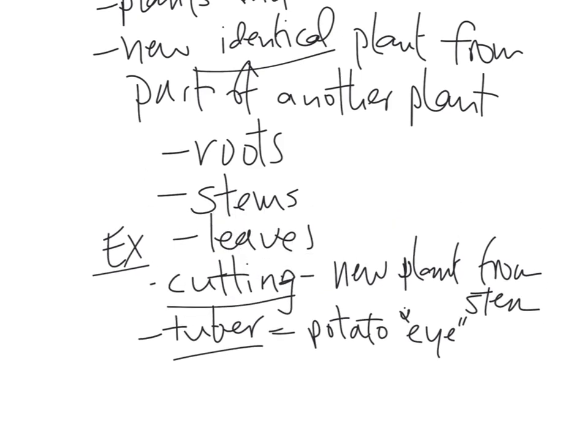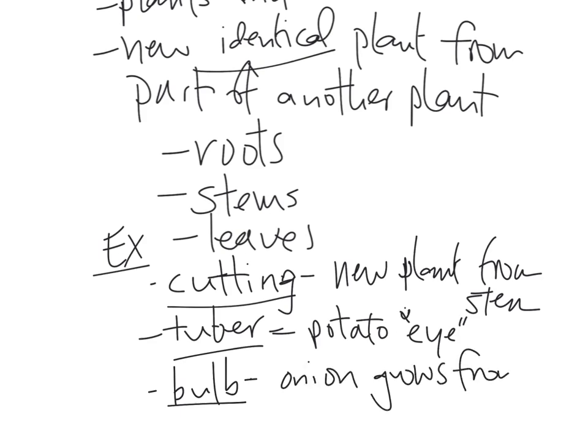And then the last one just happened yesterday, actually. My wife was getting ready to make some meatloaf, and she needed some onions, so I was going to chop up some onions. So I pull out the onions from the refrigerator, and I go through them, and one of them has a little plant growing out of the side of it, growing out of the end of it, actually. So this would be like onion grows from another onion.